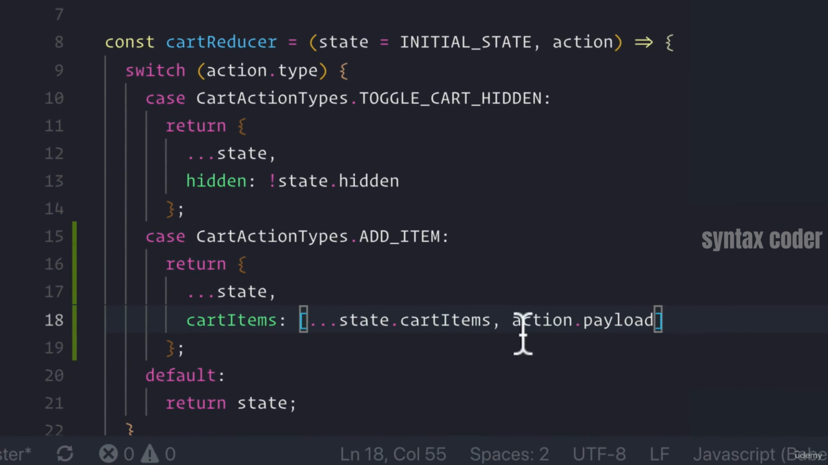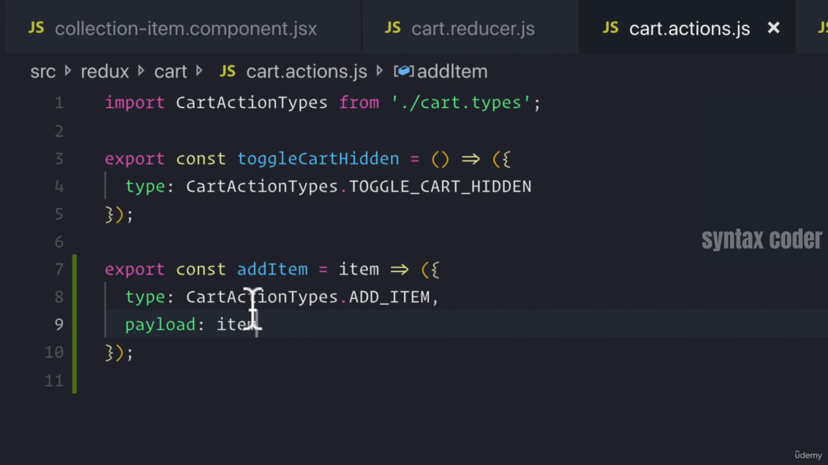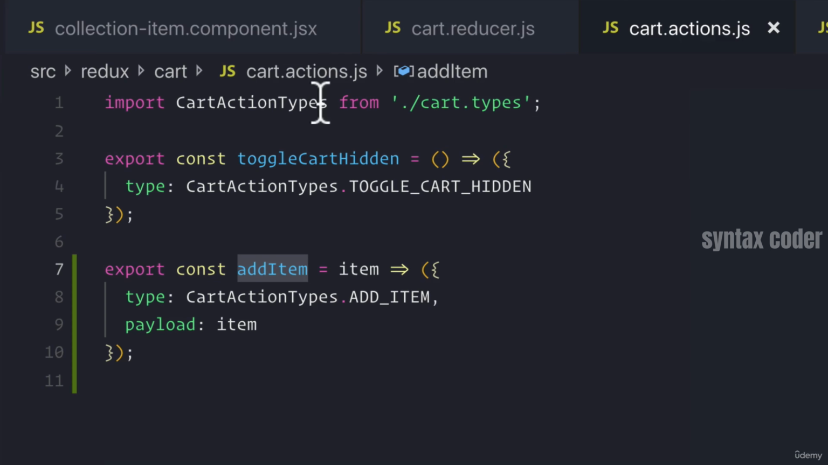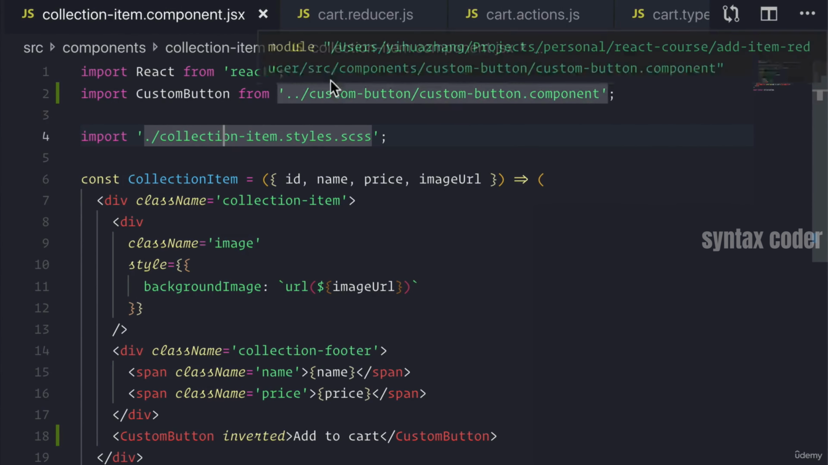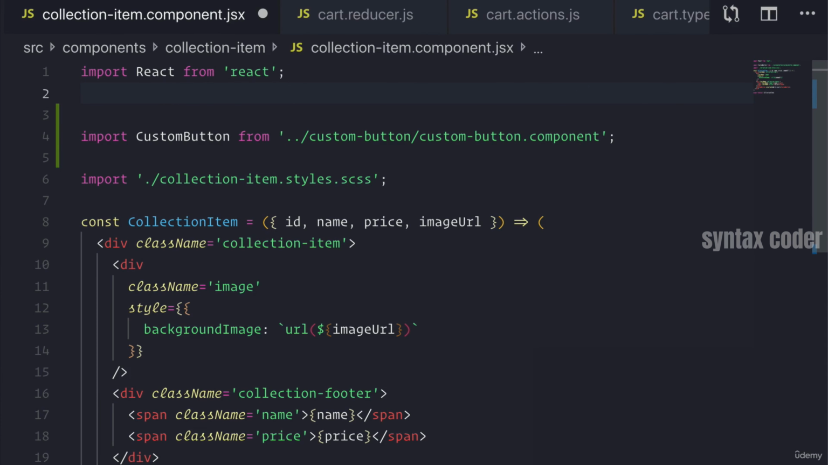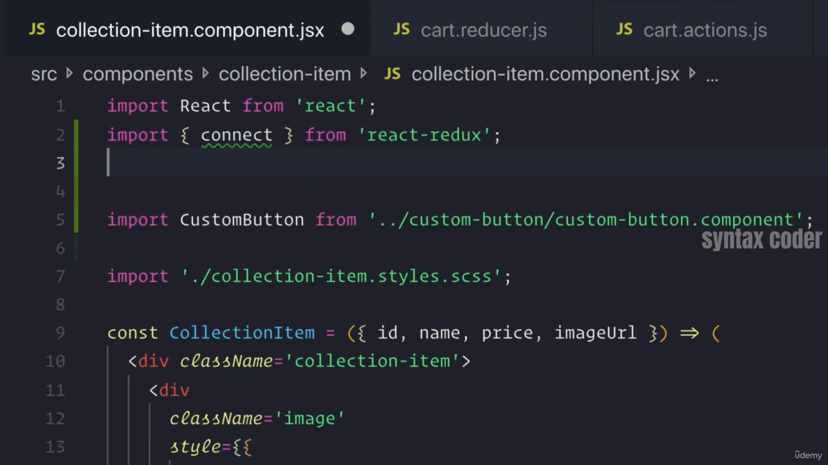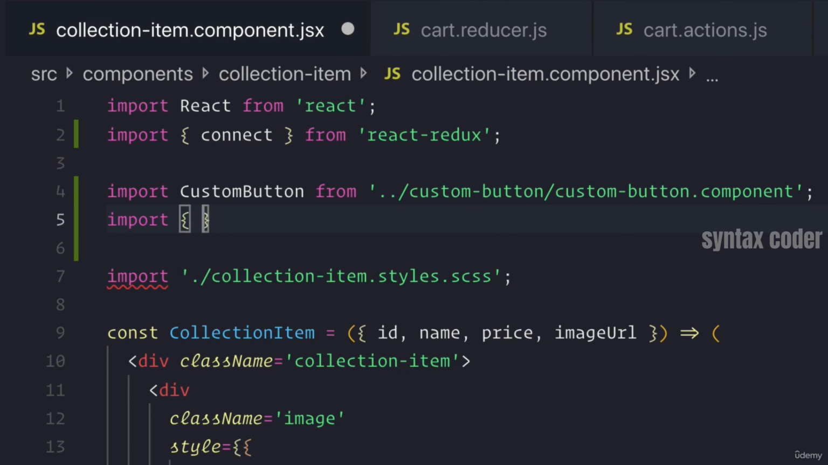So now that we have this payload inside of our action definition, let's bring this into our component so that we can actually use it. What we need to do is go back to our collection item, and now we want to import all of the Redux bindings that give us access, the same way that we saw when we did our toggle button. So we need to import connect from React Redux. And then we need to import that new add item action that we made. So let's just bring that in. Add item from